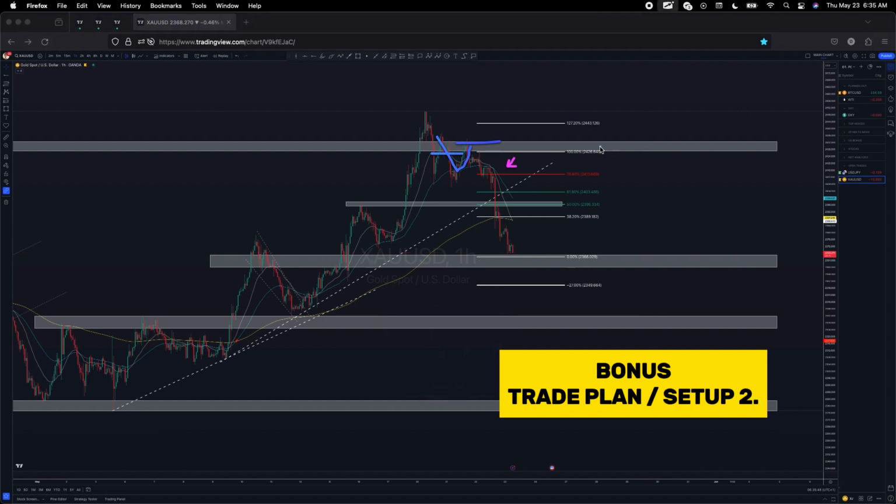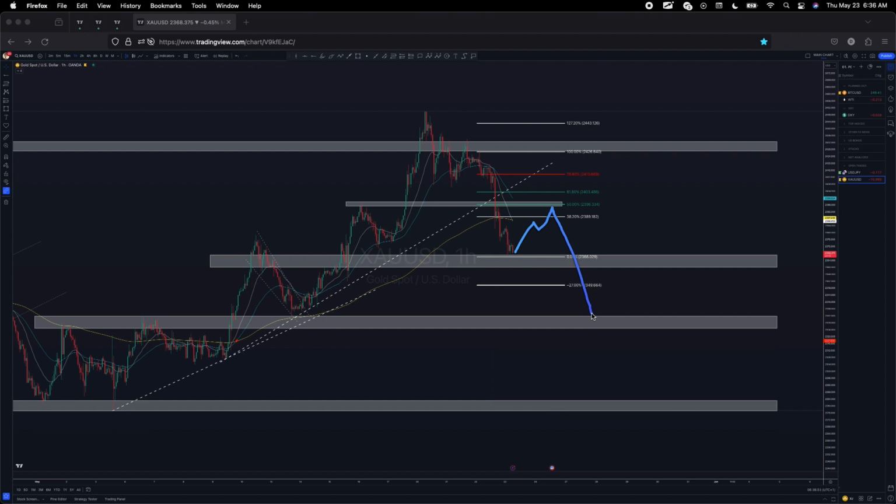All right, we should be able to see a 50% pullback, maybe a retest of this area before we can start looking for a short trade. That is what I believe in. That's what I think. It doesn't mean it's going to happen, but I would really love to see it. If I see something like this, that would give me enough confidence to take on a